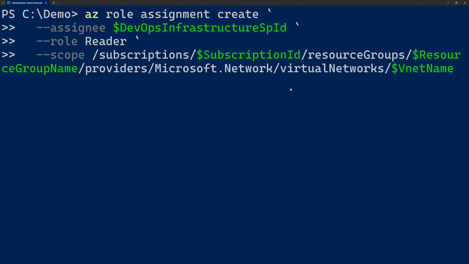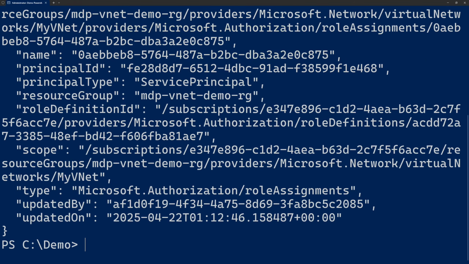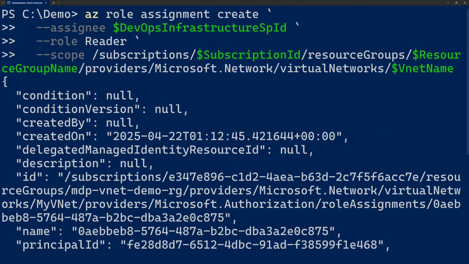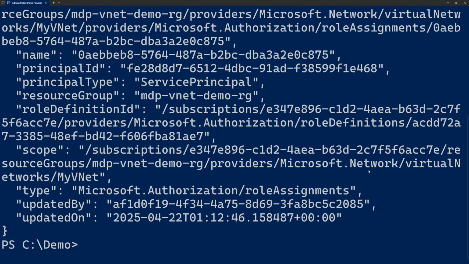So we use the az role assignment create command. We provide the ID we just queried. Then we provide the role as reader, and the scope is our VNet. So if you follow along with the commands, you don't have to change anything, because if you scroll up, we got the subscription ID dynamically. So it reads out your subscription ID, and it also uses variables for all the other commands. So once this is